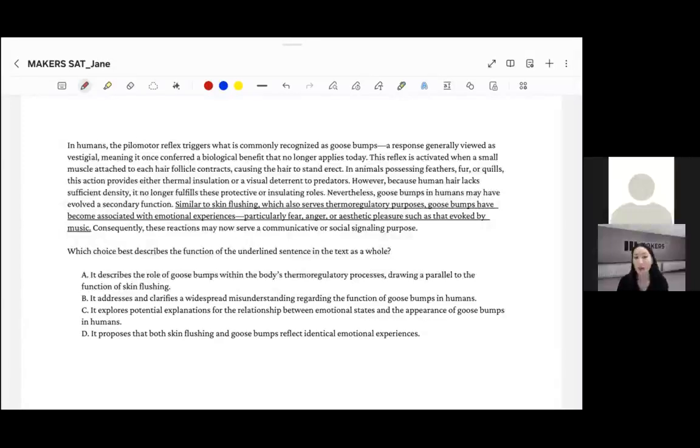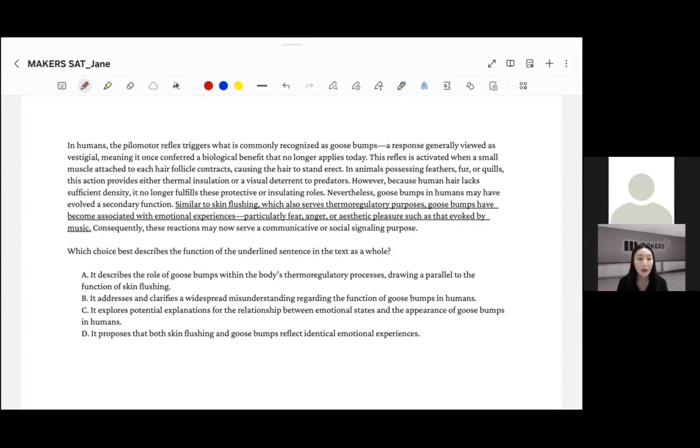Think through each question before I discuss it, and don't worry if you get something wrong. This is exactly where mistakes are most valuable because they will show us what to fix. So all right, let's get started with our first reading question. You can either pause and try to solve it before you listen to me explain, but I'll be reading